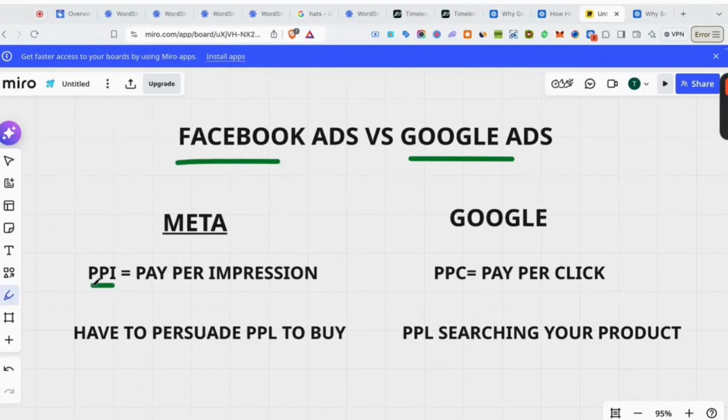All right, so with Meta, it's PPI, which stands for pay per impression. So you're charged as an advertiser every time someone sees your ad. They don't even have to click on it, and you're still going to be charged. Versus with Google, it's PPC, which stands for pay per click. You're only charged as an advertiser after someone sees your ad, they see the price point, they see how the product looks, and they decide to click on it. So you're only charged when somebody actually clicks on it, which is why you want to run Google ads instead